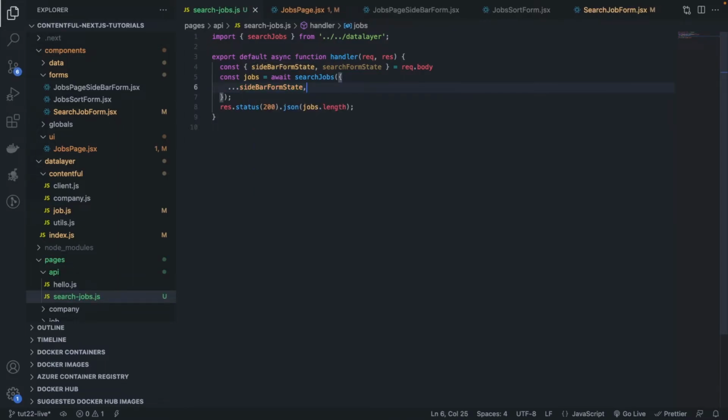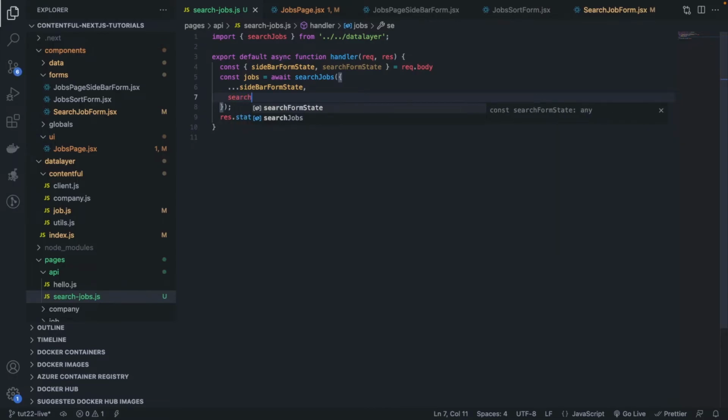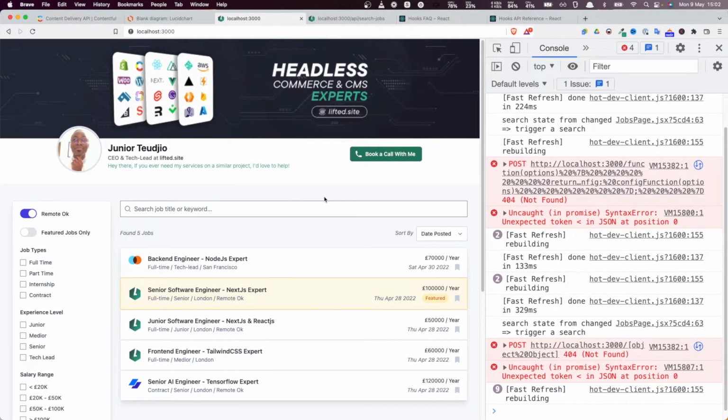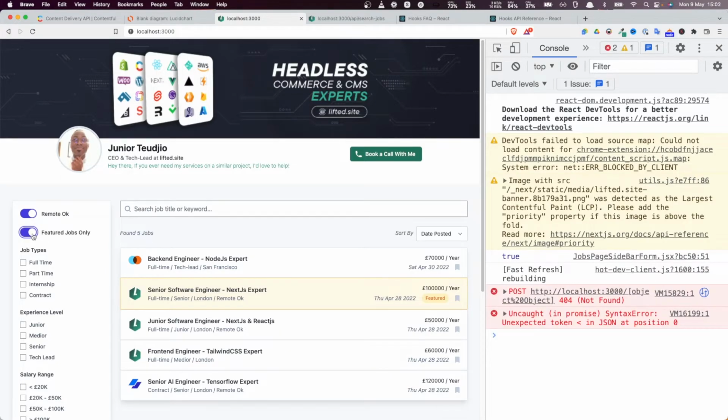All right, and here obviously we're not using this in this video, but in a subsequent video we're going to use it. So I'm going to put like search text. Okay, search bar form. Very good. All right, so if we refresh again, just to have a clean state, and then I trigger here,